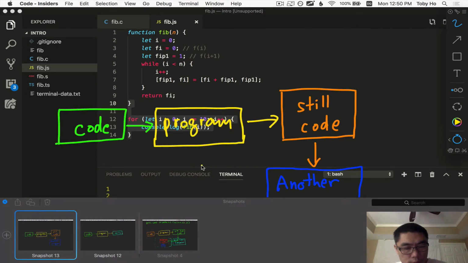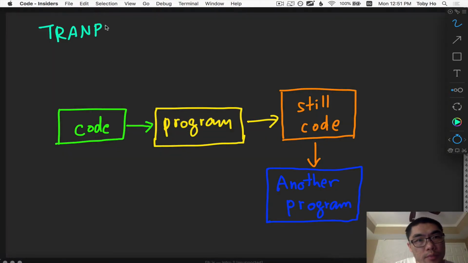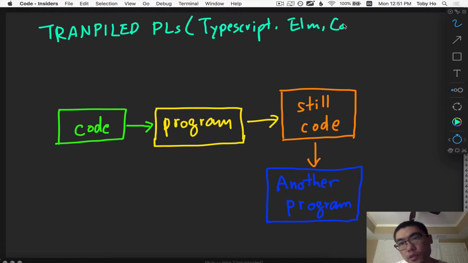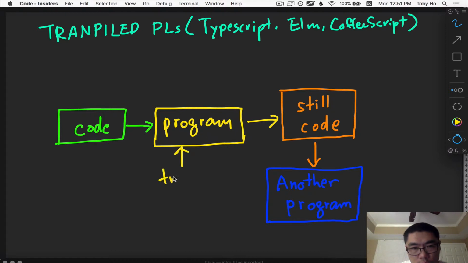That looks like this. These are called transpiled programming languages, and examples of them are TypeScript, Elm, and CoffeeScript. I'm gonna credit CoffeeScript with popularizing the notion of transpiling languages to JavaScript. But let me talk about what it means to be a transpiled language. When you're using this architecture, the program you're writing is called a transpiler,